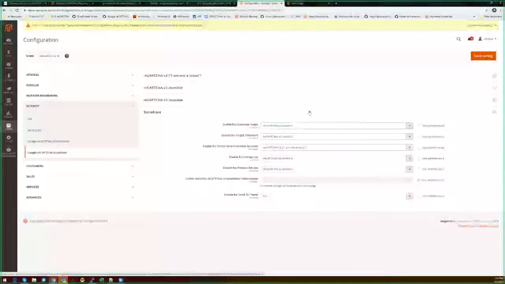And we know that each type of reCAPTCHA should have different keys. It was one of the requests from the community about misunderstanding: I have filled in keys, I choose another type of CAPTCHA, and I have some issue. So the main goal was splitting the configuration for different types of reCAPTCHA, and an additional possibility to choose different types for different